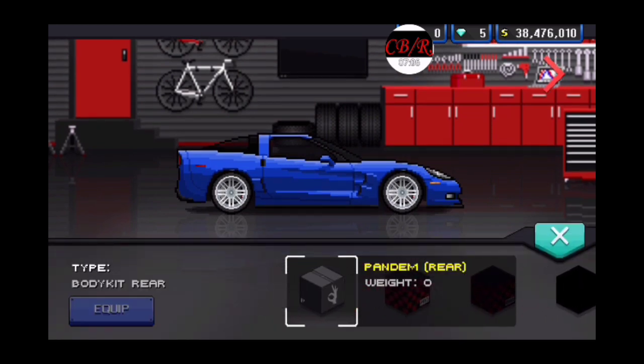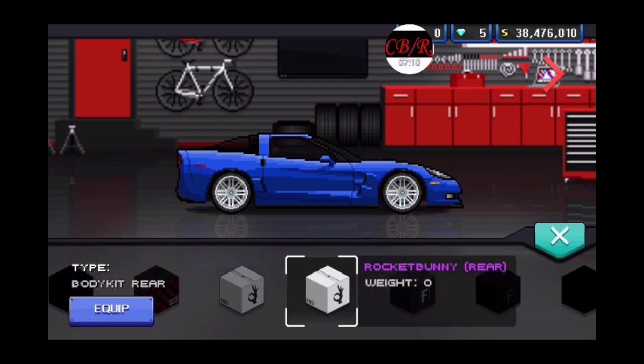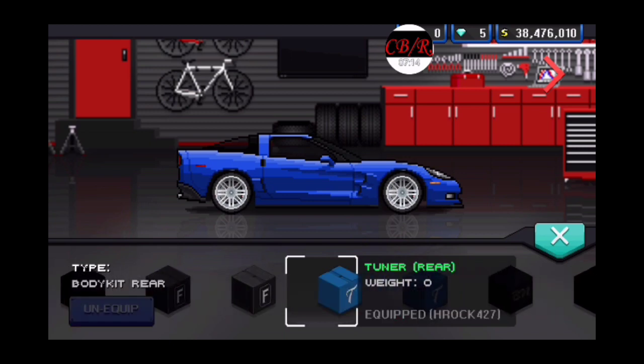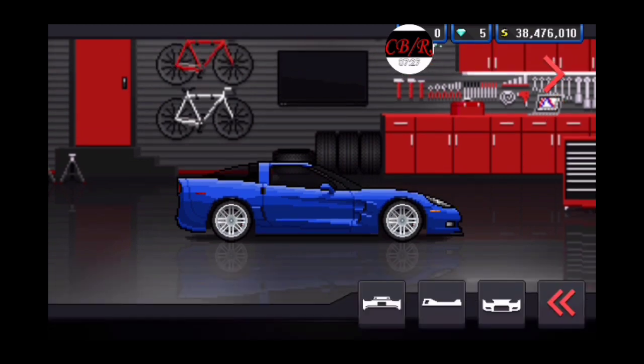What does this do to the rear? Okay, that just gives it that. Okay. What does this one do? That looks ugly. Like, ugly as sin, man. What the heck? Oh, okay, so it just gives it a little bit of a diffuser. Okay. Well,